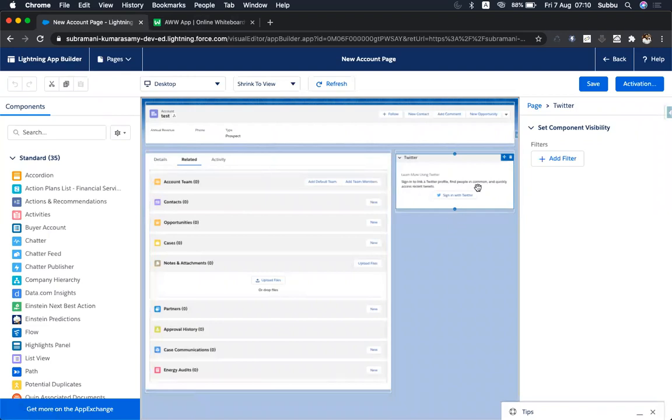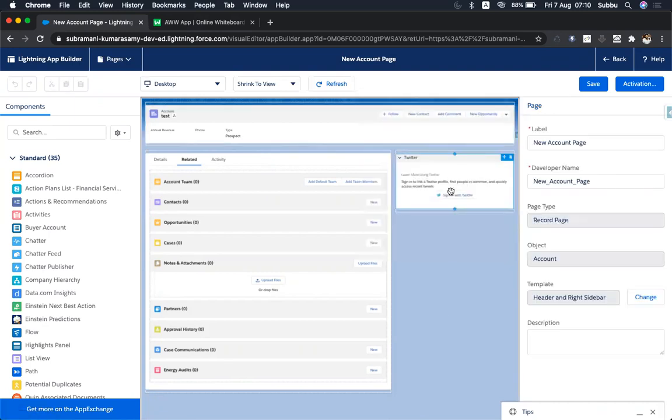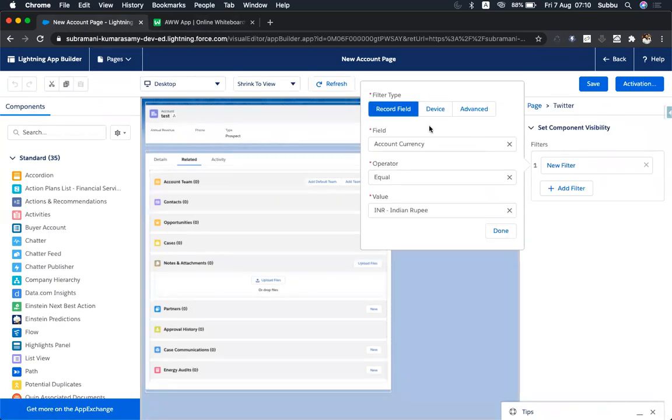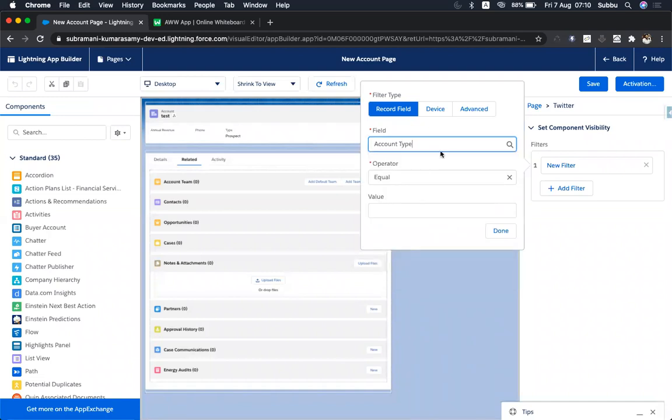See here, if you want to add any filters, so I want to display this component meeting this criteria, any of the criteria if you want to meet. So if the account name starts with this or account type is this, then only I want to show this component. Yes, you can do that. Like in this, this is for the device.